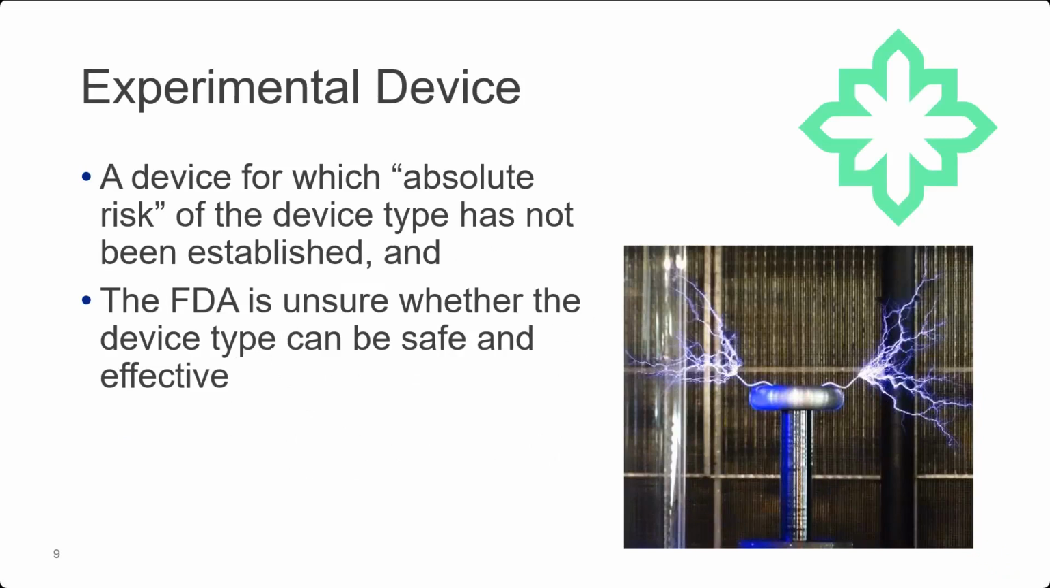As we move on, let's talk about experimental devices and the definitions that the 42 CFR has for that. So a Category A, or experimental device, refers to a device for which absolute risk of the device has not been established. That is, the initial questions of safety and effectiveness have not been resolved yet, and the FDA is unsure whether the device type can be safe and effective. Moving on,